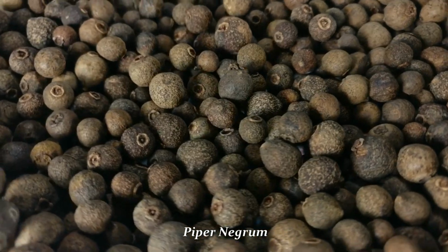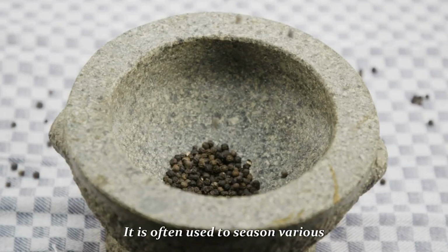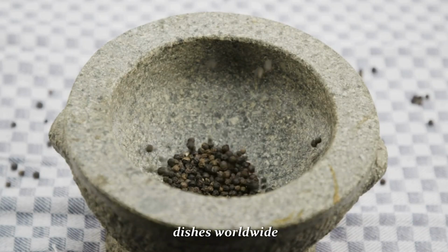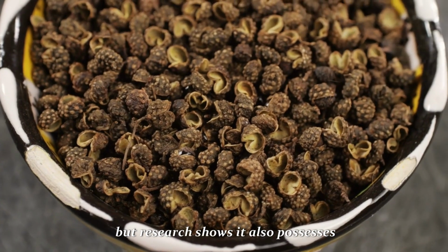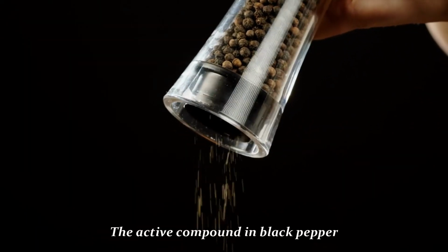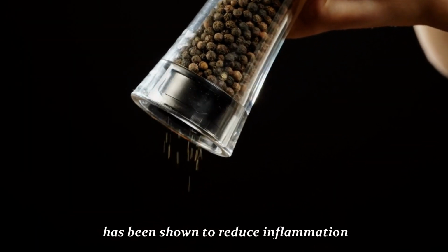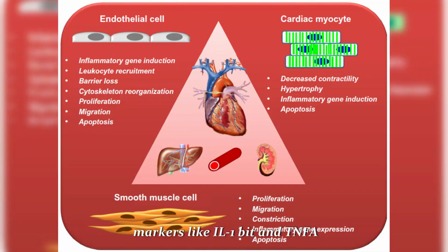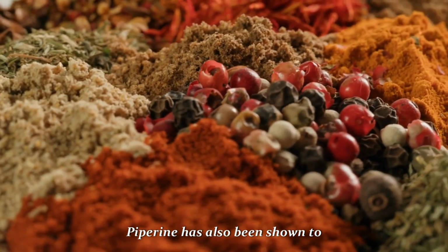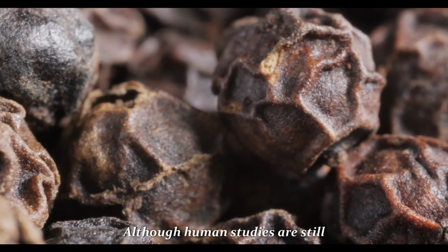5. Black pepper. Black pepper, Piper nigrum, is widely regarded as the king of spices. It is often used to season various dishes worldwide, but research shows it also possesses anti-inflammatory properties. The active compound in black pepper, piperine, has been shown to reduce inflammation markers like IL-1 beta and TNF-A in animal studies. Piperine has also been shown to reduce joint swelling and inflammation in arthritis models, although human studies are